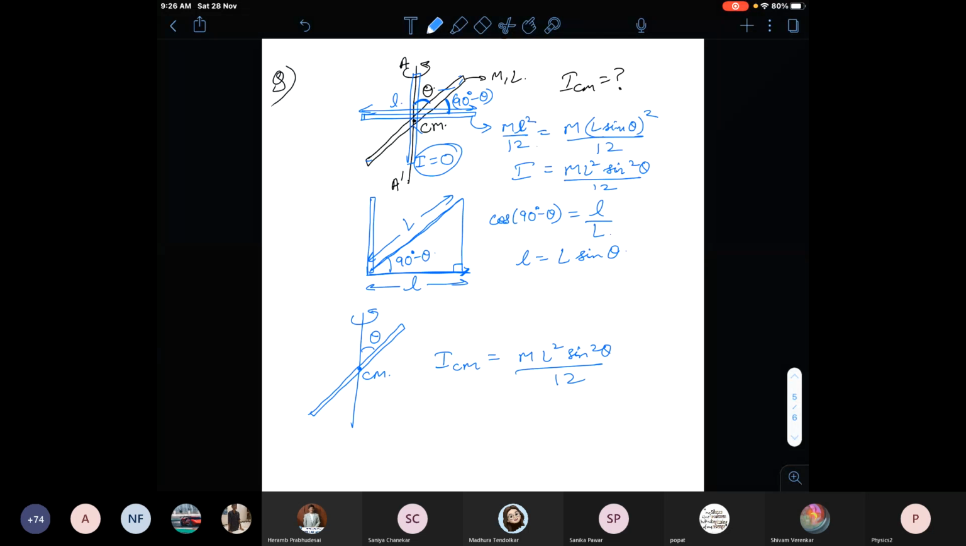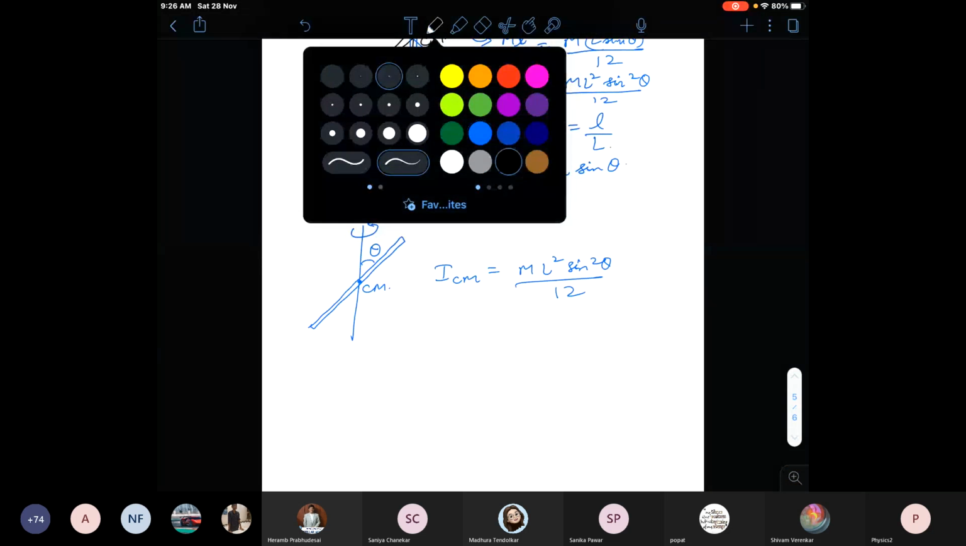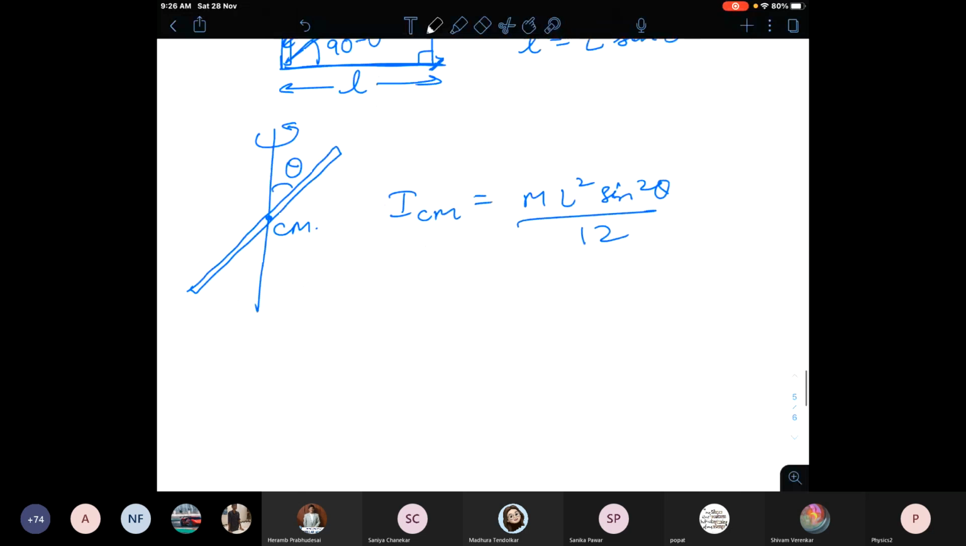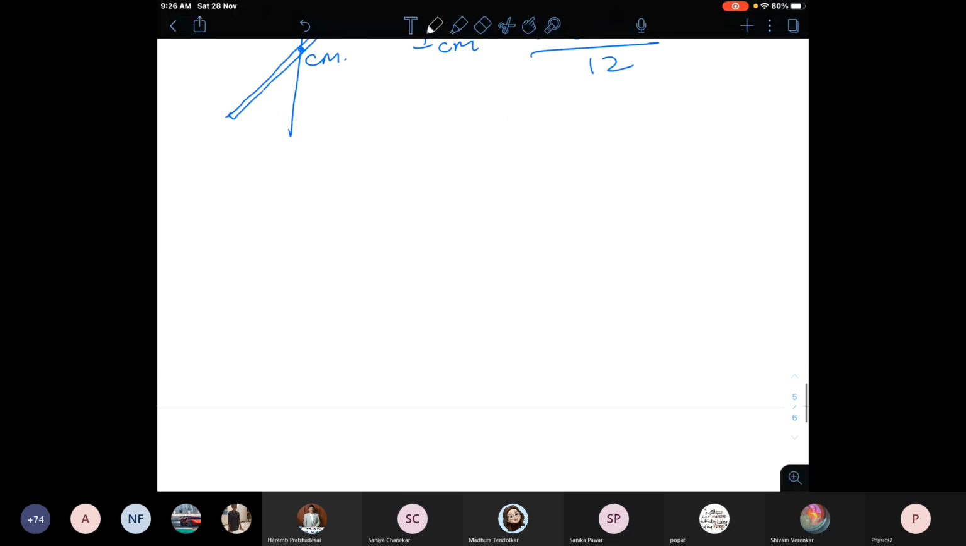I guess everybody has written this, right? So if we have to calculate moment of inertia about some different axis,